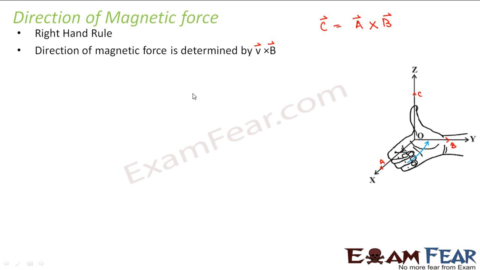Because with this video, I cannot make you visualize all the scenarios and how I am curling my fingers. But if you try it on your own, take your textbook and look at some of the figures where you are given the velocity direction and the magnetic field direction and try it on your own. You will get it yourself, right?